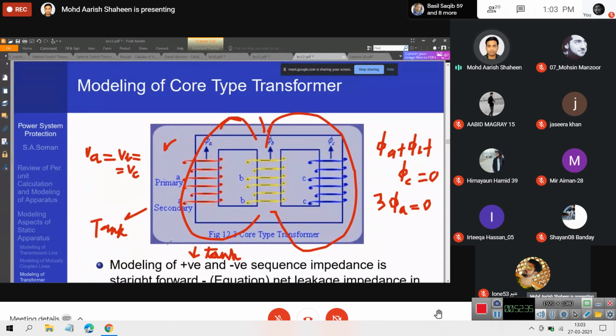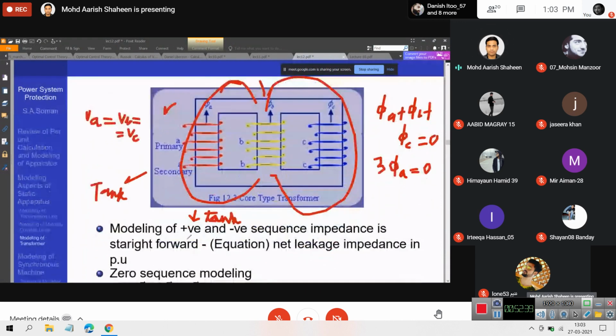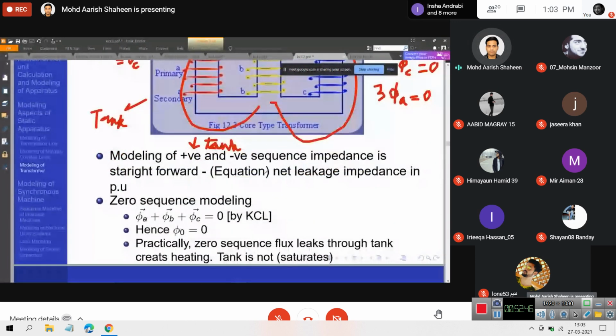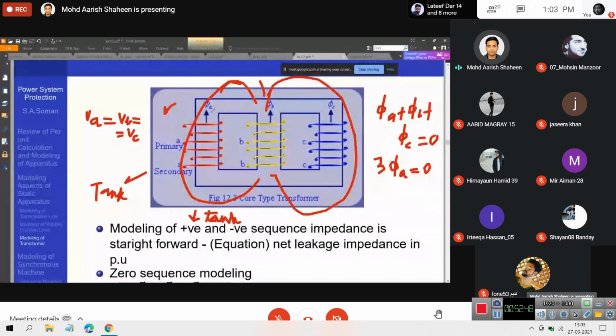So basically, if you look at this network, it will behave like an open circuit. ठीक है. Impedance is infinitely large because it will not allow any flux. उसका मतलब है Biot-Savart law के तहत it will not allow any current to flow. ठीक है. Current incoming is zero. Biot-Savart law कहता है flux is proportional to current. If there is no flux, I am assuming again an ideal case where the flux does not leak out, the zero sequence impedance is infinitely large. In practice, it is very large. ठीक है, क्योंकि कुछ ना कुछ flux आपका tank के through जाएगा.